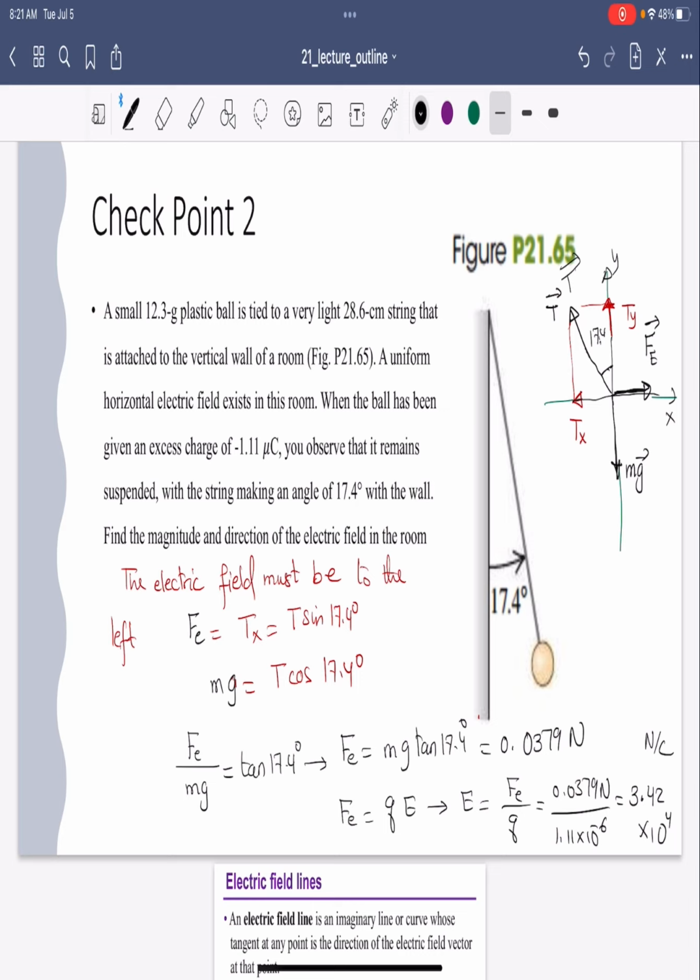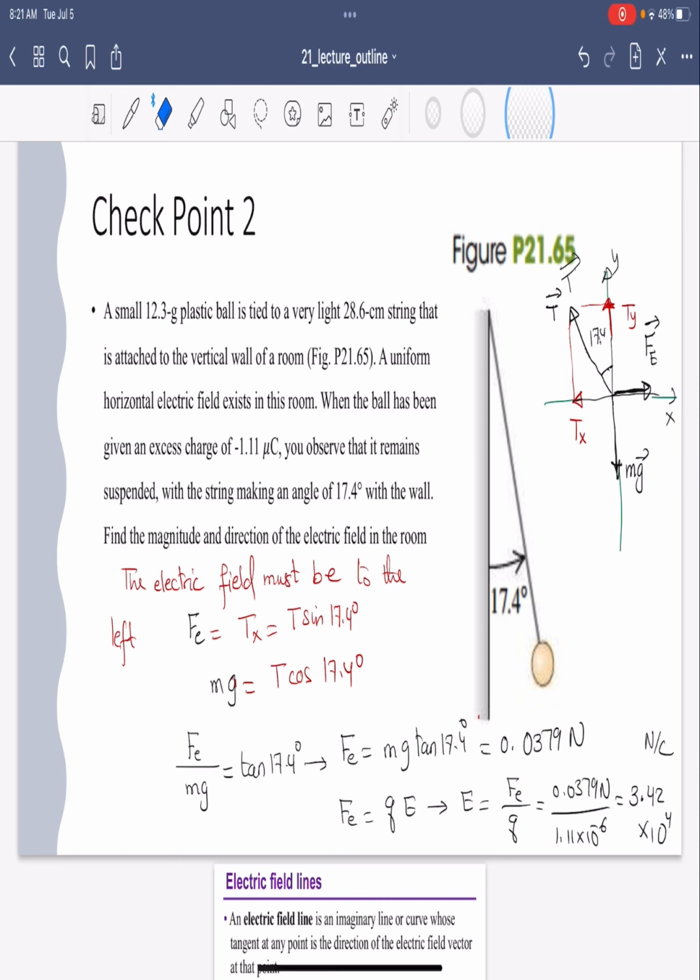If it is a negative charge, I'm going to say that the force is going to be in this direction. I'm talking about the electric force. Then I can say that the electric force should equal the X component of the tension, and that is T sine 17.4,